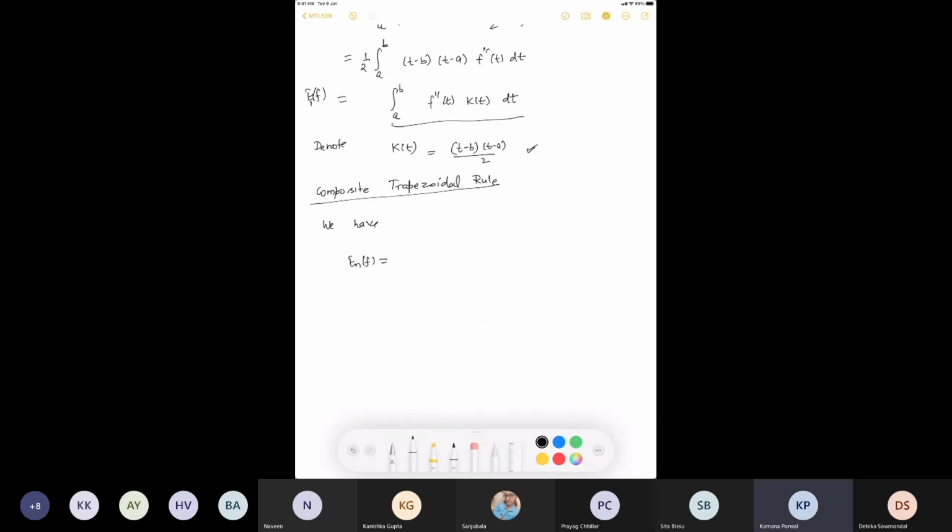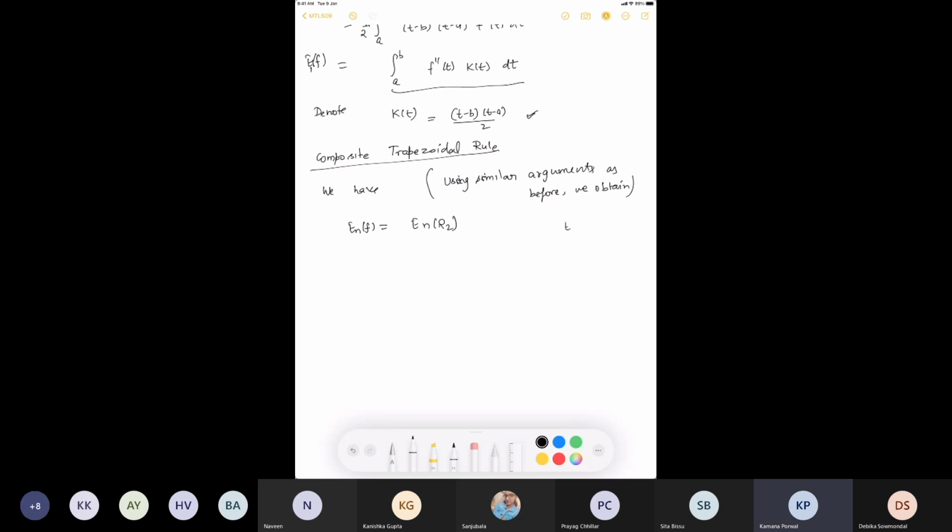So this will turn out. So you have to fill in the previous steps. So EnF will be En of R2, and